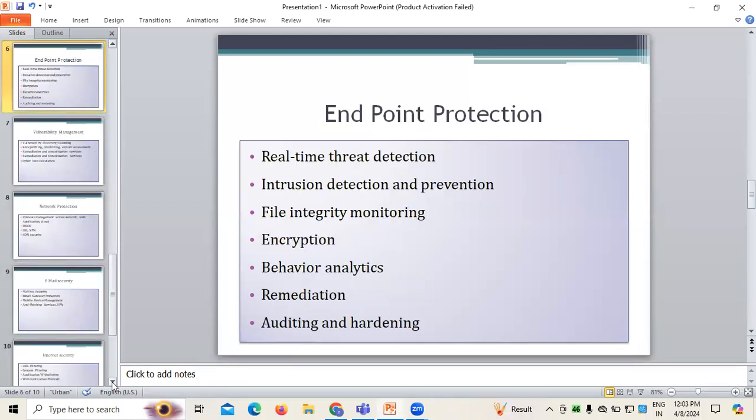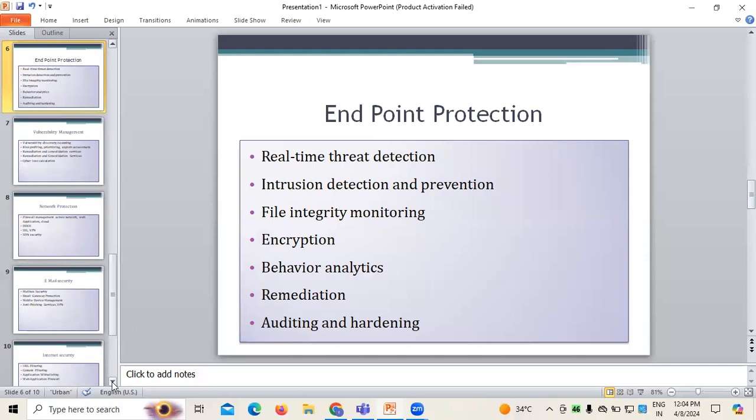Now, when it comes to endpoint security, from the technical team's side we are providing assessment, design, implementation, and support services for holistic protection of endpoints. That includes all the desktops, laptops, mobiles, core IT infrastructure devices, all that. So in this regard, we are providing a service called real-time threat detection, to identify threats in detail. Next, intrusion detection and prevention is also one of the services that comes under endpoint protection, followed by file